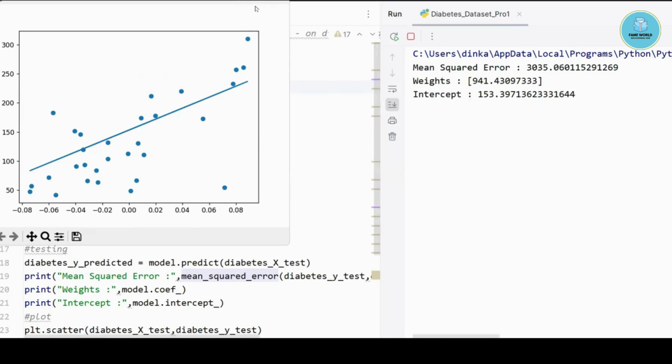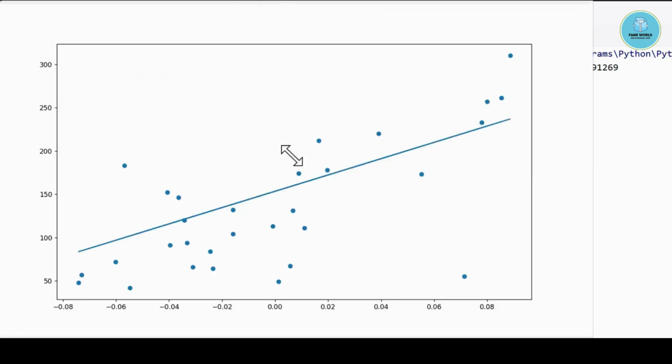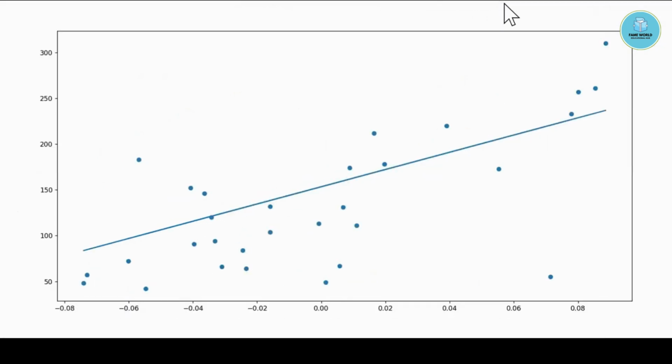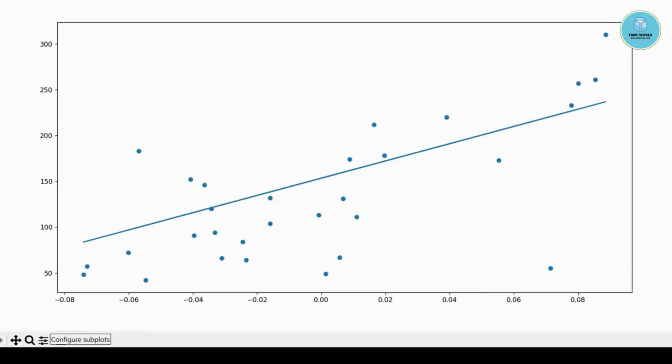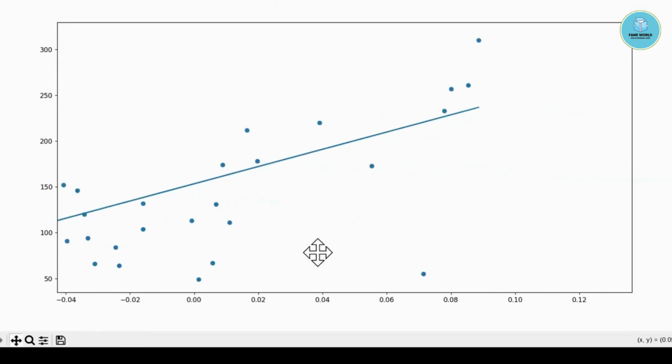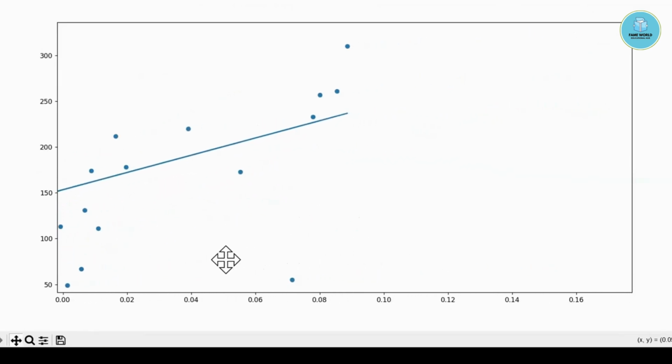So if I just maximize this, you can see that here in this graph, this zero is not located. So I'm just going to use this pan option, and with the help of that I will just move this 0 to the 0th index where it should be actually.